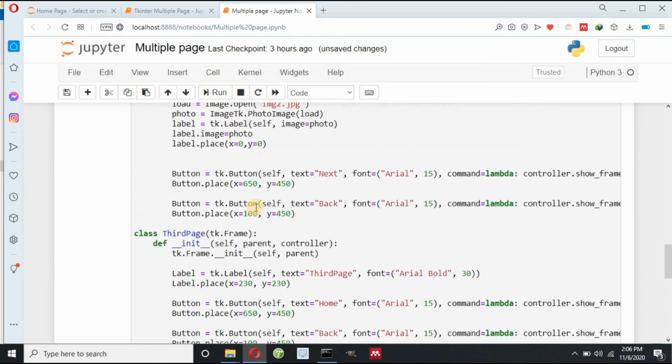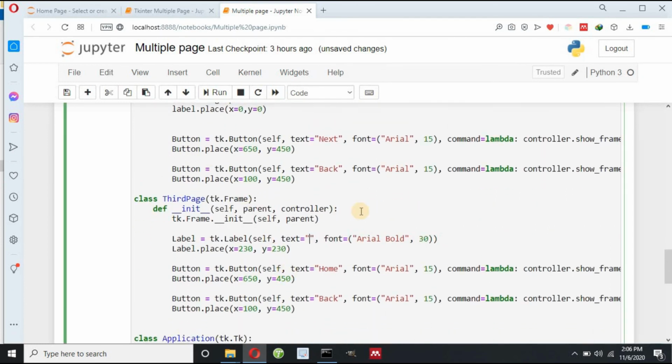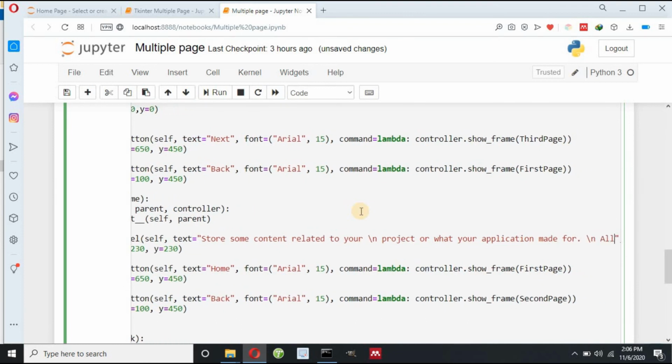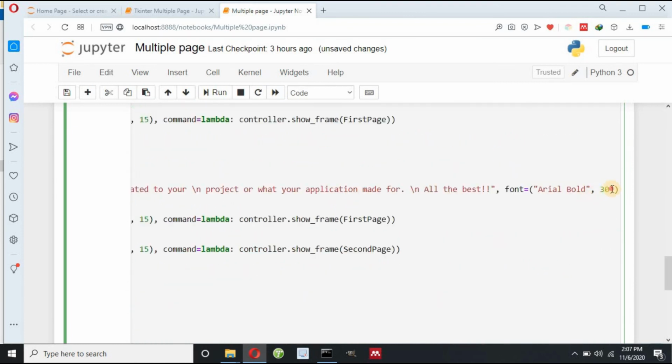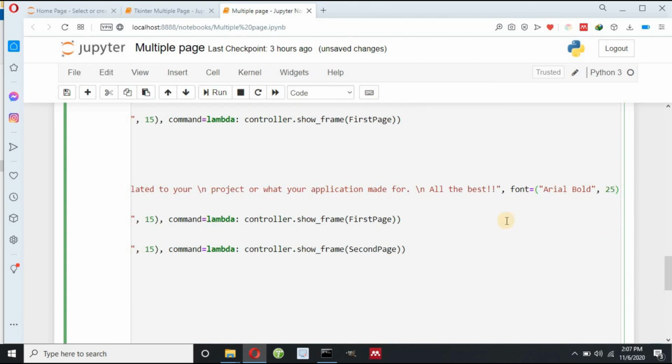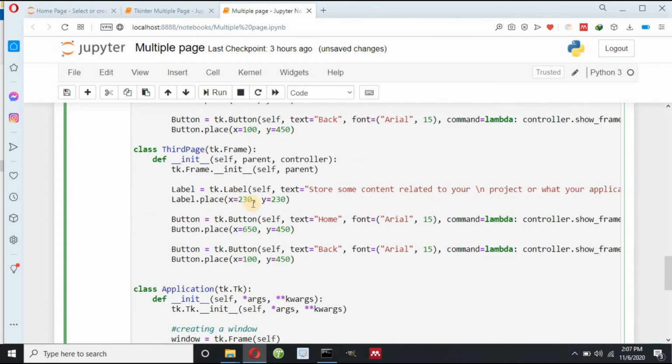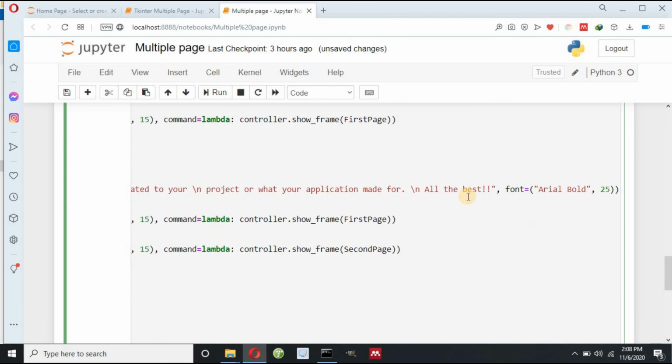Now where is my third page? This is my third page. I can write any text here. And let me define font size equals to 25, and then I need to change the position. So x equals to 40 and y equals to 150. And I can define the background color also. So bg, background color equals to, suppose, orange,